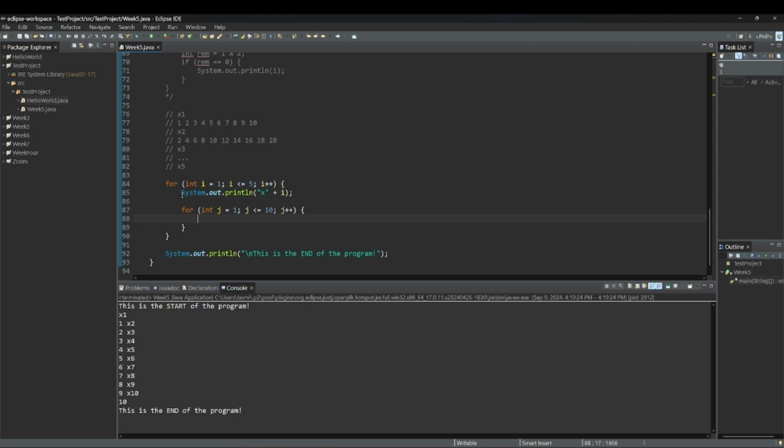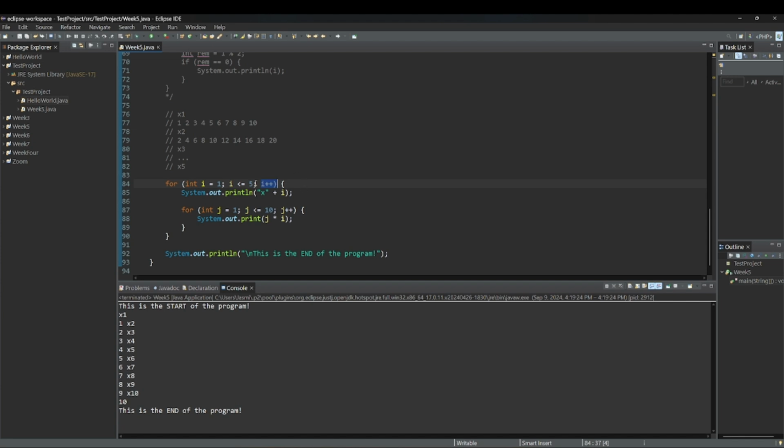So now I could just go ahead, so we're just going to print whatever j is times your current i. If you kind of do this in your head, the first iteration i is going to be 1. So every time, it's going to print out the times 1. Then it's going to be in this for loop, and this for loop is going to happen within this loop while i is still equal to 1. So in this case, 1 times 1 is 1, 2 times 1 is 2, so on up until 10 times 1. And then once it's done with this loop, we'll exit out, then go back to the for loop,